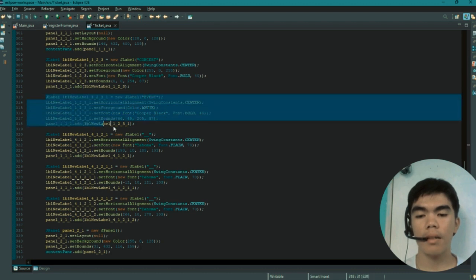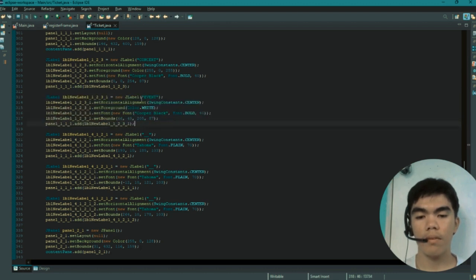Next is this JLabel, which has a string name event, and sets the horizontal alignment to SwingConstants center, sets the foreground color to white, and sets the font to new font Copperplate Black bold and size 40, and sets the bounds to 66, 49, 205 and 87 and added to our panel.